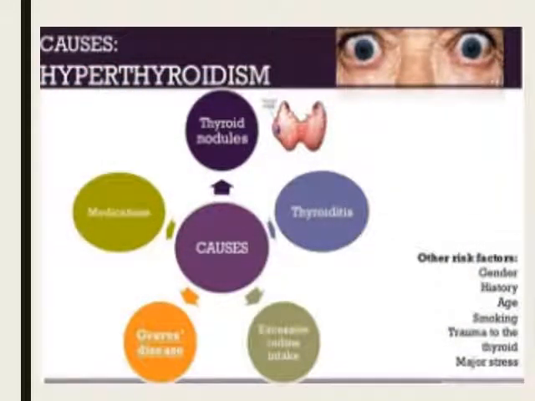This slide is also showing the most important causes of hyperthyroidism: Graves' disease, thyroid nodule, multinodular goiter. Graves' disease, thyroid nodule and multinodular goiter are the most common causes of hyperthyroidism.